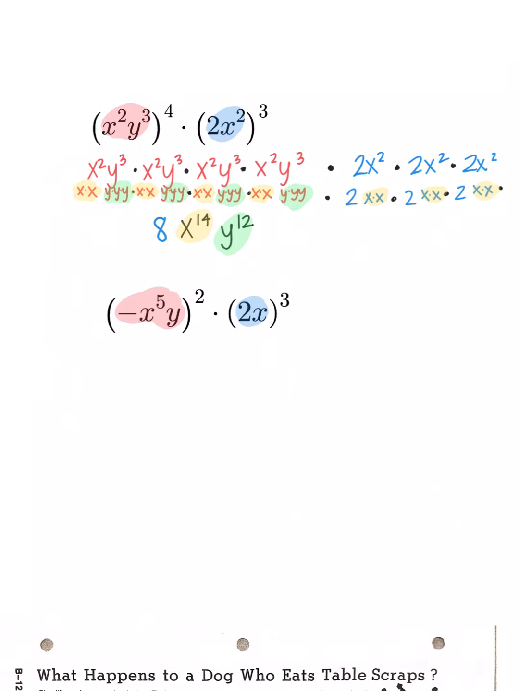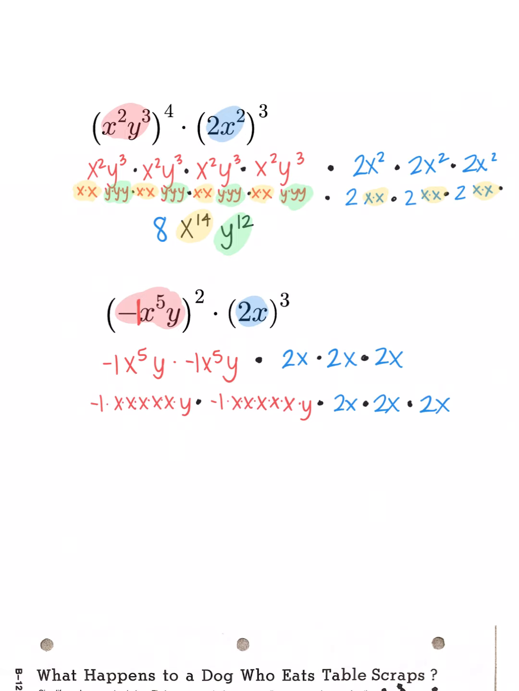For this next one, at any time you see a negative, it might be helpful to slip in a 1. This is a negative 1 times x to the 5th, y. Then I write out the red parenthesis 2 times being multiplied together, and the blue one 3 times. Looking at how many x's I have, 5 here, 5 here, so that's 10, 11, 12, 13. I have x to the 13th,